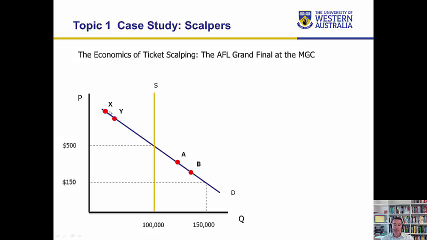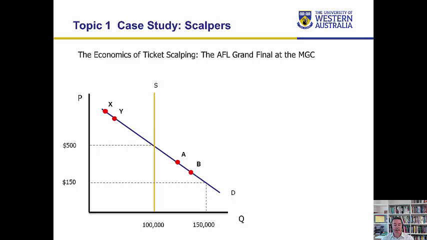Now, once again, these two people, X and Y, could actually be willing to pay more than A and B because they just love football more, or it could be because they just have higher income levels. They could just be considerably wealthier than the two people A and B. Have a good think about that. Both cases are possible, but hopefully if the market is to operate, or if scalpers are to actually improve the efficiency of the market outcome, then X and Y are people who simply value attending the event more.